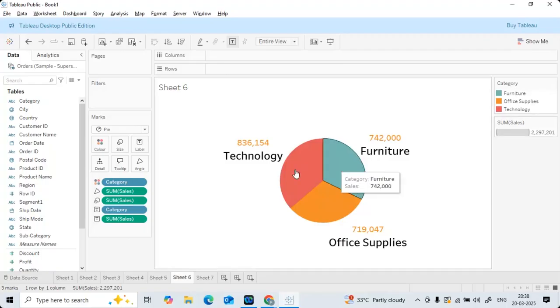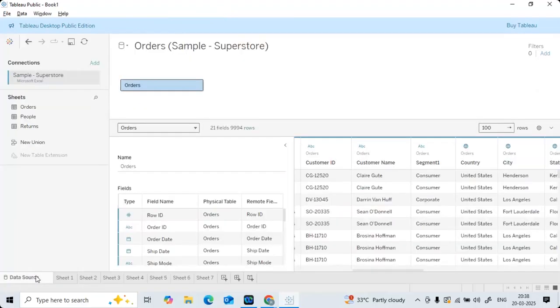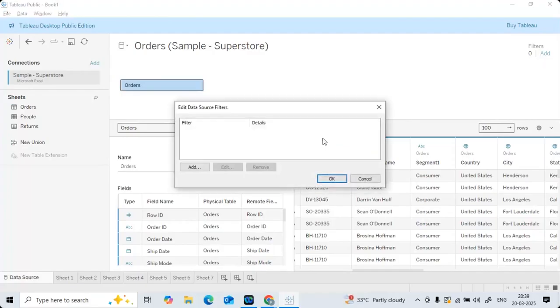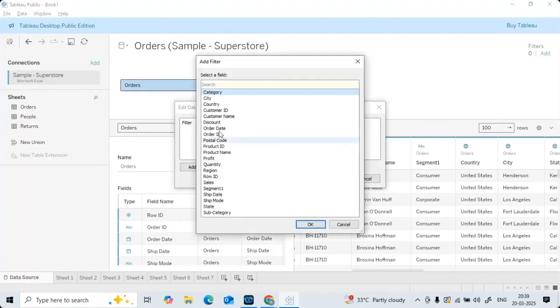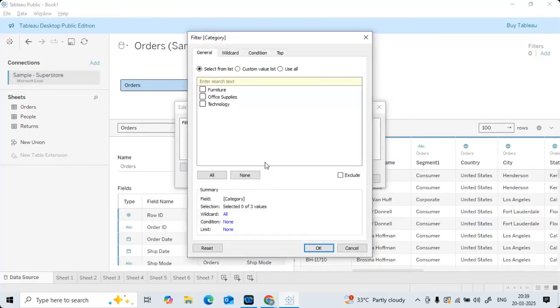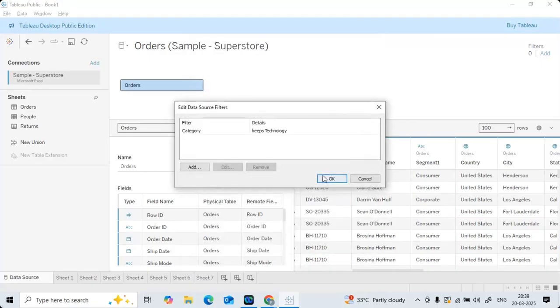Chalo, your manager is telling that we are going to work only based upon the technology category. So then what you are going to do is, you'll go to the data source level. Here in the filter section itself, you're having an option called add. See, are we in worksheet level or data source level? In data source level, you're having this add button, add a filter. We are doing it on category, right? Select category, click on OK. And your manager is telling the requirement is on technology. Simply click on technology and just click on OK.